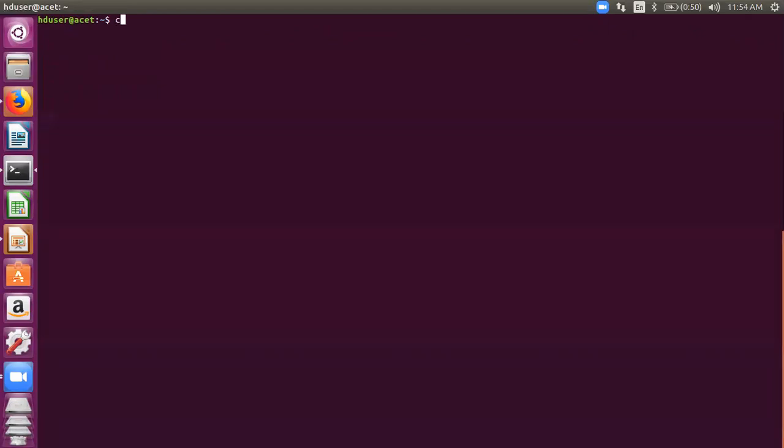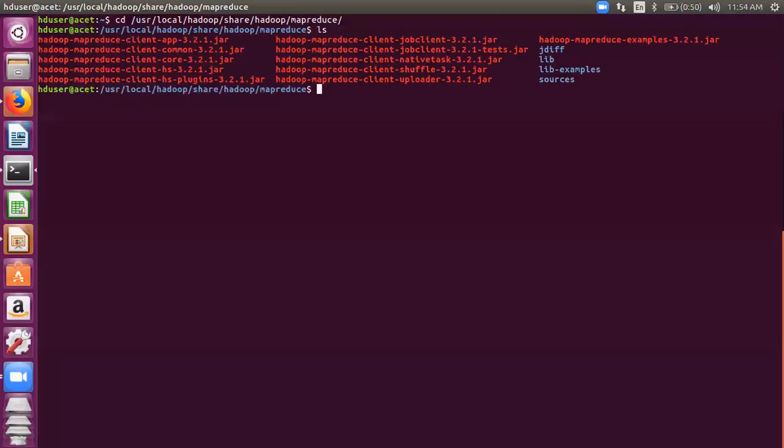So it is located, if I go to the directory, it's here. This is your default directory. Below that there is a share directory, again a Hadoop directory and a MapReduce directory. If you move to this directory and you list the files, you will see many jar files here. Okay, we are interested in this jar file. See, hadoop-mapreduce-examples-3.2.1.jar. So MapReduce examples are there, and it contains many Java classes. It's a Java archive file. So one such class is the word count class. So what we do is we would execute a word count program